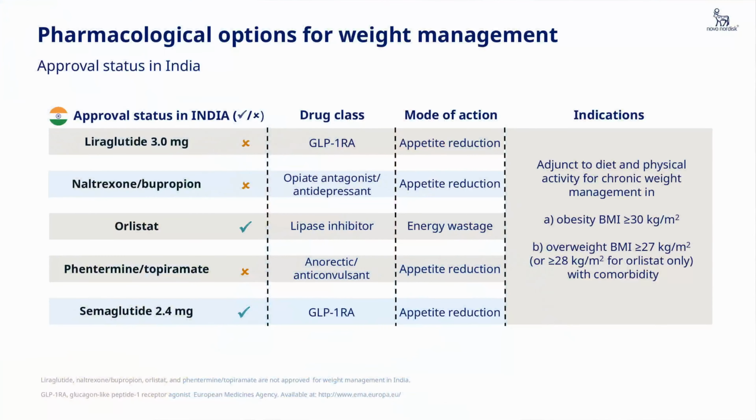Now, if we are actually looking at medication and surgery, there would be some role of bariatric surgery. But if you look at the drugs, there is only two classes of medication that are currently approved in India for weight loss. One is orlistat and the other is injectable semaglutide 2.4 milligrams. However, that has still not been marketed, and the indications for drug therapy is obesity with a BMI more than 30 kg per square meter, or being overweight with a BMI of more than 27. Now, these guidelines are Western guidelines. In an Indian setup, the cutoffs will be lower.